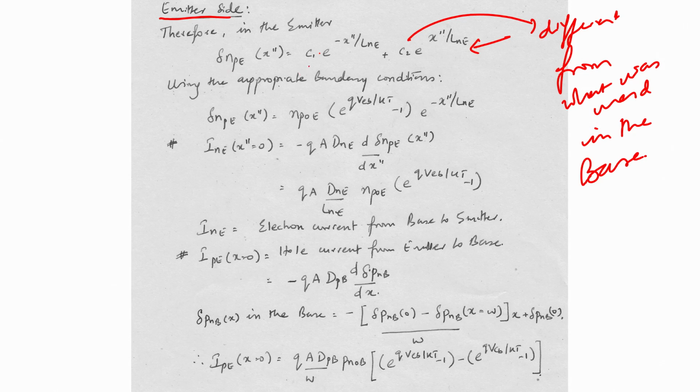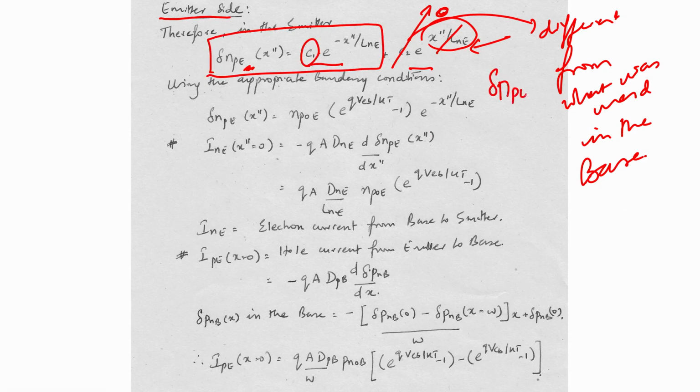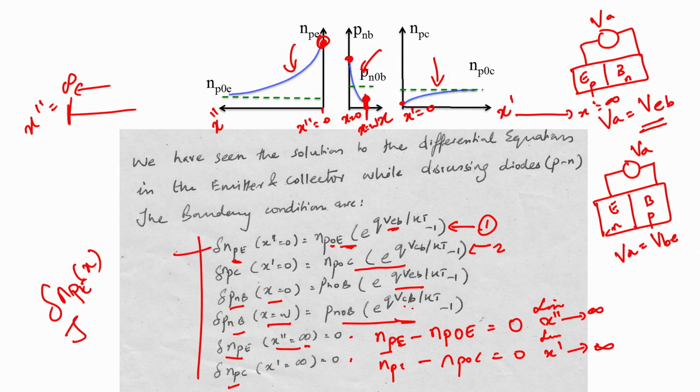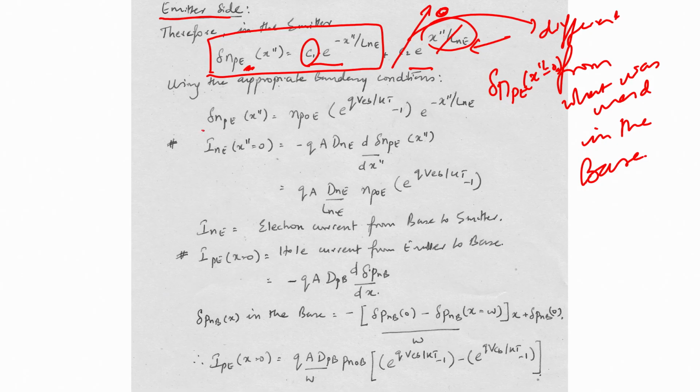So, you have delta NP is going to have this particular form. Okay, you have an exponential of minus x double dash by L_NE and plus x double dash by L_NE. So, if you use all the boundary conditions, you will find that at x double dash tending to infinite, what happens? As x double dash tends to infinite, this carrier concentration goes to 0, but as x double dash tends to infinite, this term blows up, therefore, we cannot allow C2. So, C2 has to be 0, and therefore, this is the only solution, and we identify C1 by using the condition of delta NPE at x double dash equal to 0, okay, which was this boundary condition here, and that you can identify your